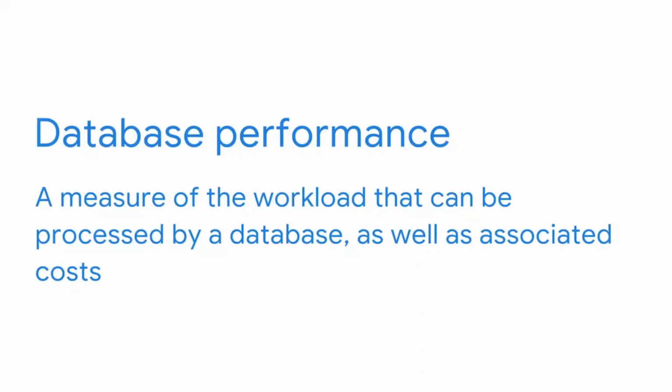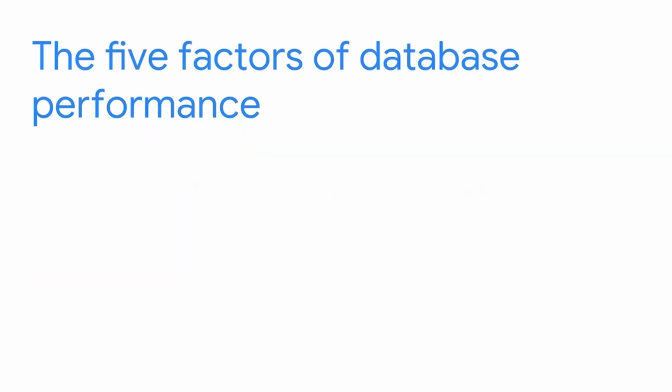We've been investigating database optimization and why it's important to make sure that users are able to get what they need from the system as efficiently as possible. Successful optimization can be measured by the database performance. Database performance is a measure of the workload that can be processed by a database, as well as associated costs. In this video, we're going to consider the factors that influence database performance: